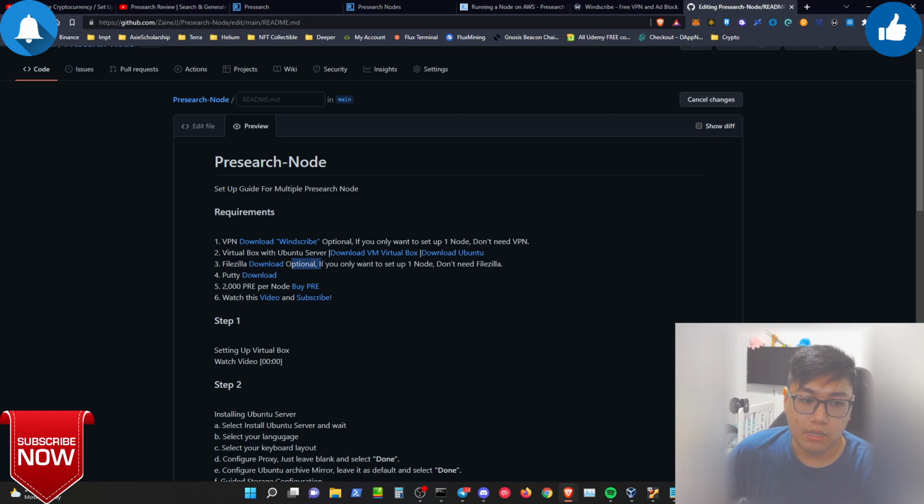And after that, over here, FileZilla: if you want to set up multiple nodes, you will need to have FileZilla, and of course the VPN to sign up. And of course, if you do not want to set up multiple nodes, just don't download FileZilla, and after that you don't need to download WinSCP. Over here you need to have PuTTY. So I would say this PuTTY, or however people want to call it, is a must